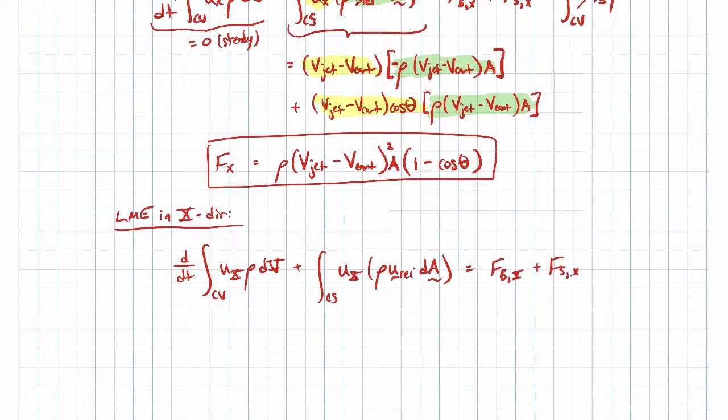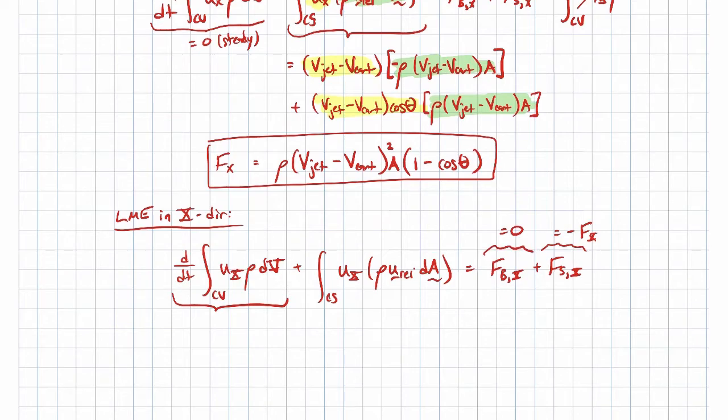Okay, we don't have any acceleration term again. It's still an inertial coordinate system, so we don't have to worry about that. Body force in the x direction is going to be 0. Surface force is going to be minus Fx. Okay. Let's now determine this first expression. So this will be the time rate of change of x linear momentum within the control